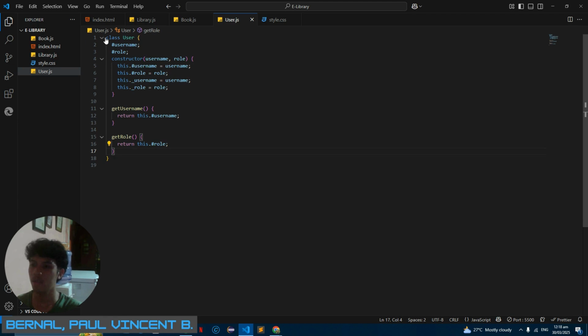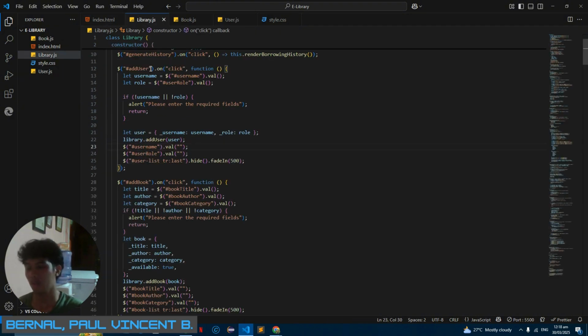Here's the class for the user, and there are private attributes for username and role. We also declare a constructor for the username and user role, and we use the this keyword to initialize them. We also use a get username to get the username and get role to get the user role. So back to the code in the library.js.